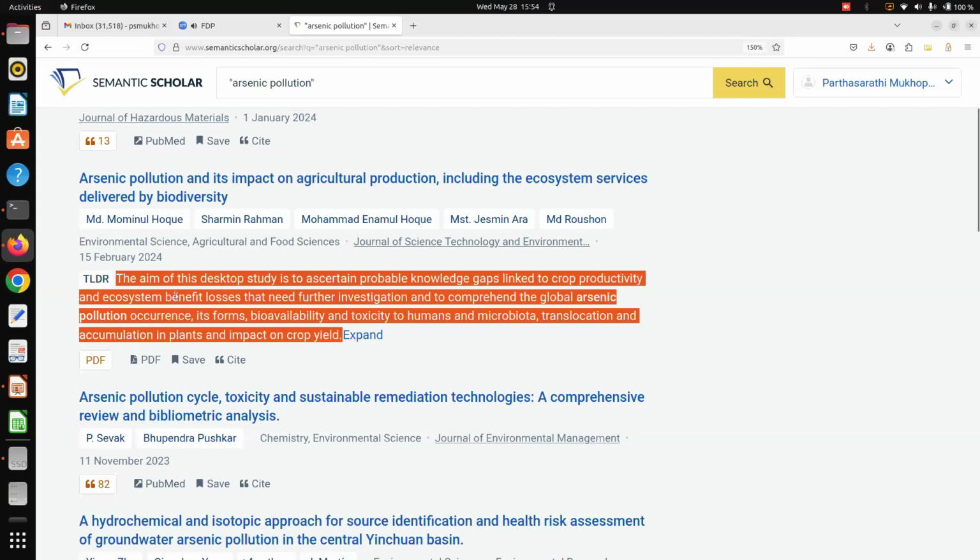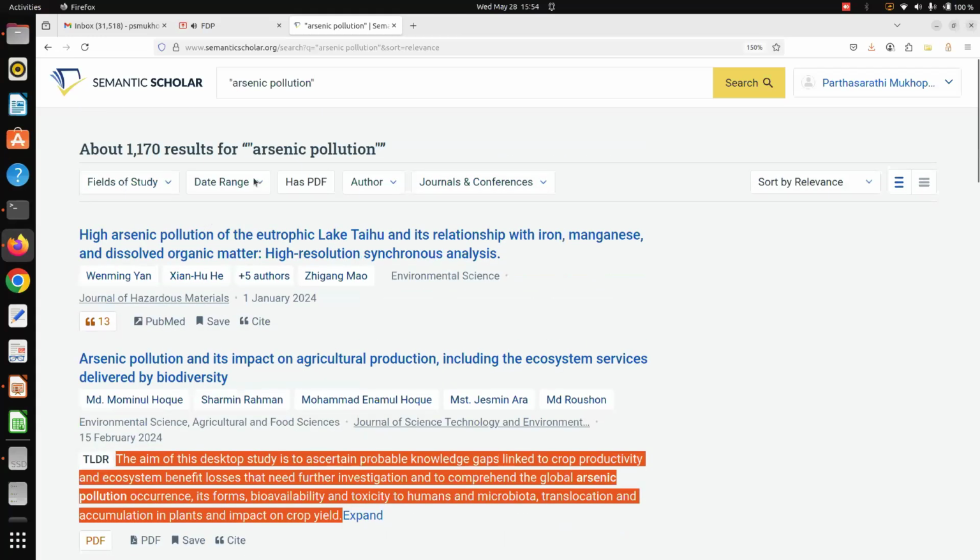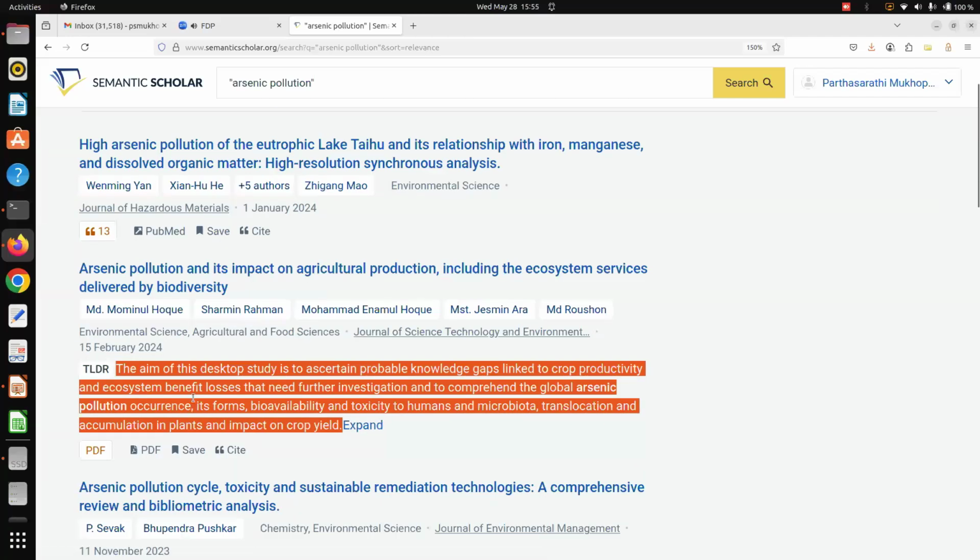So they will read this particular paper and will create one informative sentence so that I can get an idea whether I will go for the full text of the paper or not. That's simple. So this is generation one. And Semantic Scholar gathered almost 230 million research papers, completely open access. Everything is free here, downloading and everything. You can apply a lot of filters, but still it is not AI. Only one part is AI, that it can generate TLDR.